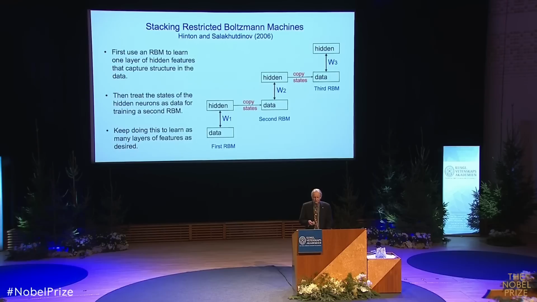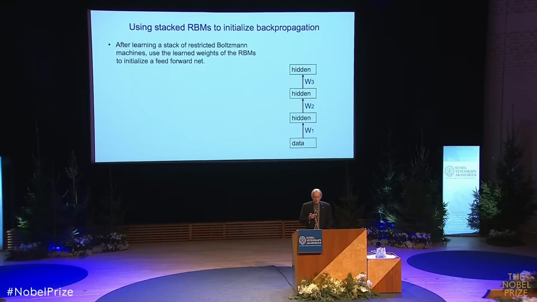Then what you can do is you can stack up these Boltzmann machines and just treat them as a feed-forward net. So ignore the fact the connections are symmetrical. Just use the connections in one direction now, because you've got a way of getting, in your first hidden layer, you've extracted features that capture correlations in the raw data. And then in your second hidden layer, you've extracted features that capture correlations in the features extracted in the first hidden layer, and so on. So you're getting more and more abstract features, correlations among correlations.